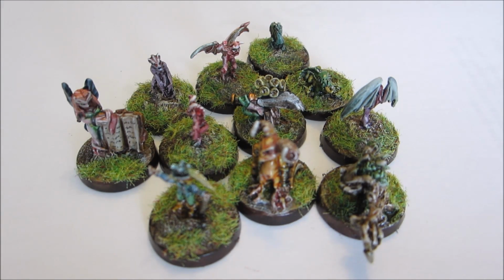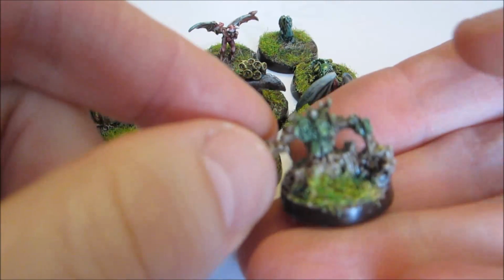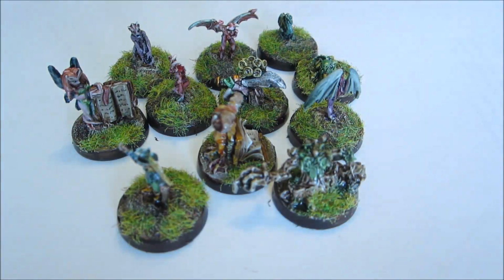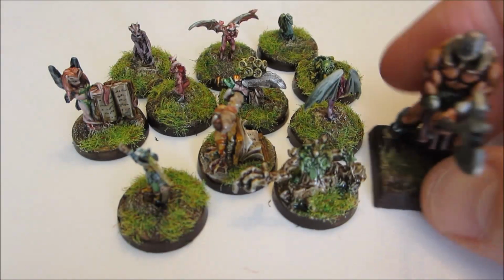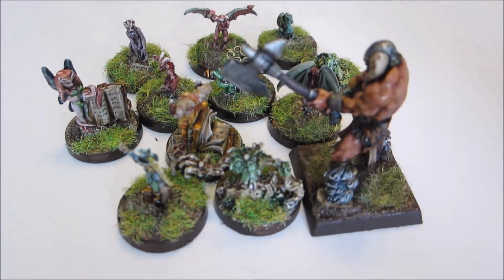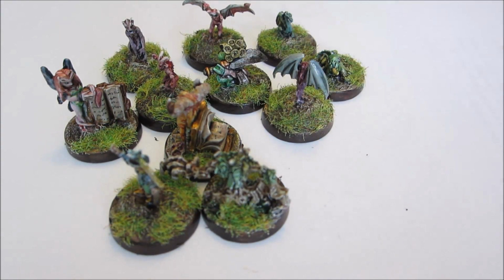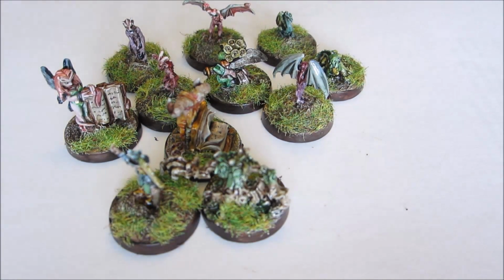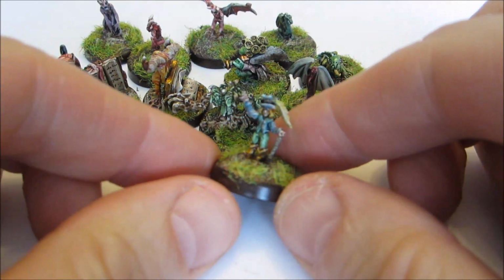familiars that I started. I think I started them last week or the week before. I don't recall exactly. They sort of jumped ahead in the queue because they're so simple. Because if you look at them, the size of them, they're really tiny. For comparison, if I bring out this barbarian I finished last week, you see how small these guys are? They're on 20 millimeter bases, and like I said, they're billed as familiars, as like wizards' little pets, and